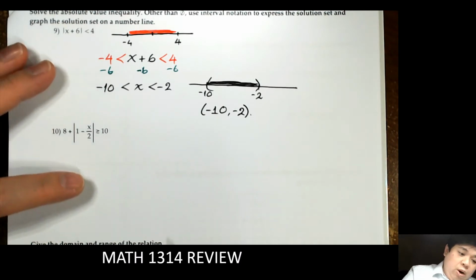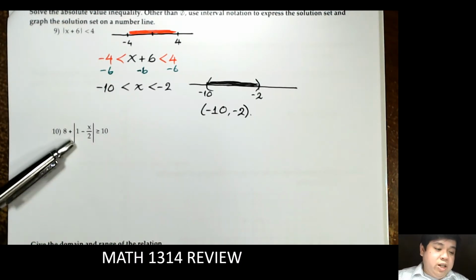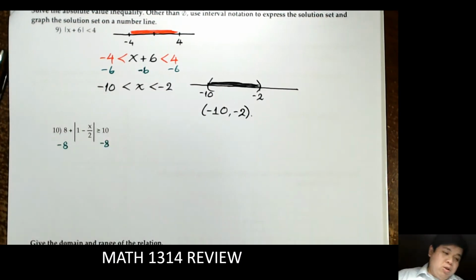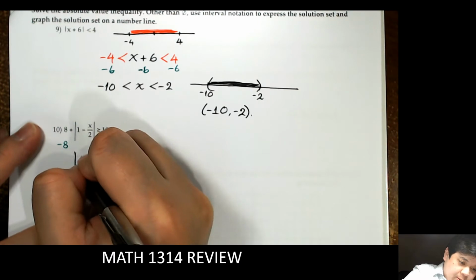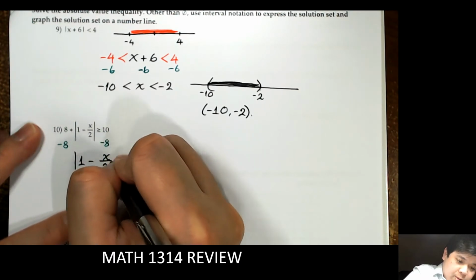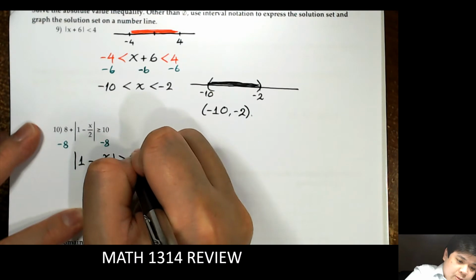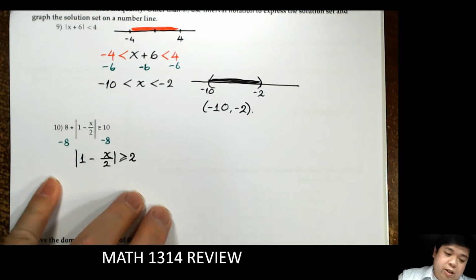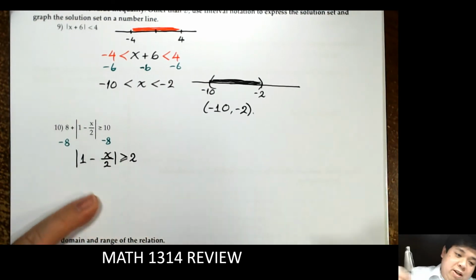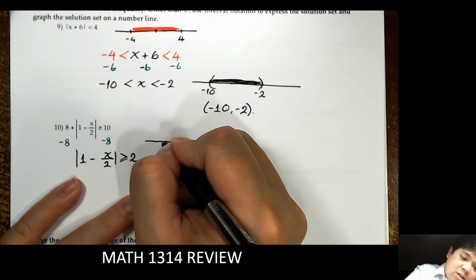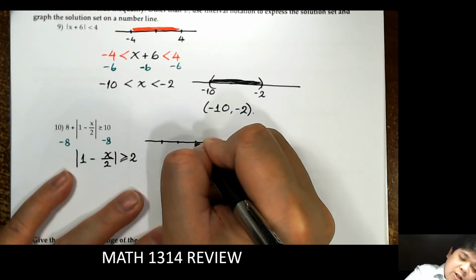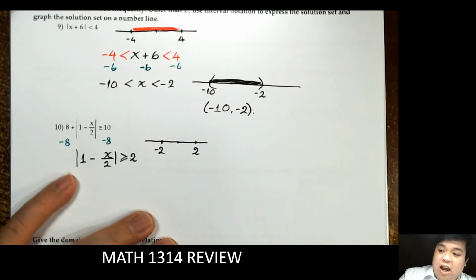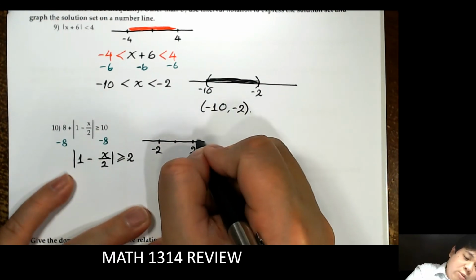Right. Next, it is greater than. But before that, we need to get the absolute value by itself. So I will minus 8 on both sides. So 1 minus x over 2, absolute value, greater than or equal to 2. Right. Now if it is greater than, the absolute value is 2, so we might have negative 2 to 2. This time it is greater than, meaning the distance has to be greater than,